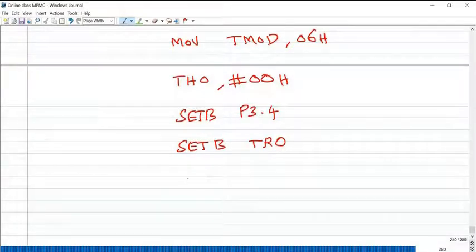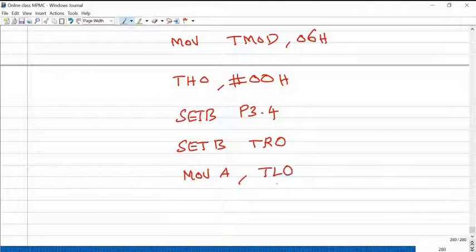So you can know the status of the TL value. What is the status? How many clock pulses it counts? MOV A, TL0. So TL0 will give how many pulses it counted.